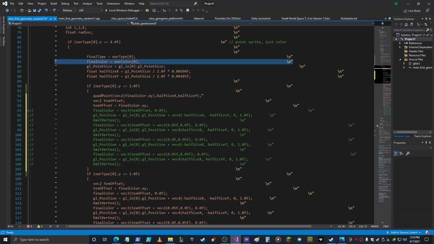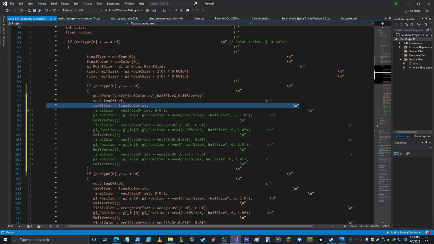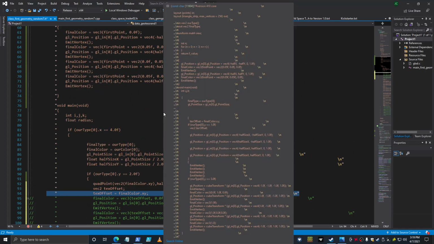The way that IntelliSense works is a little awkward. So final color equals our color, which is sent in as a vector 3, and we're only using two of the vector components. So basically final color equals vector 3, using those two vector components and then a 0. So that's what I did up here